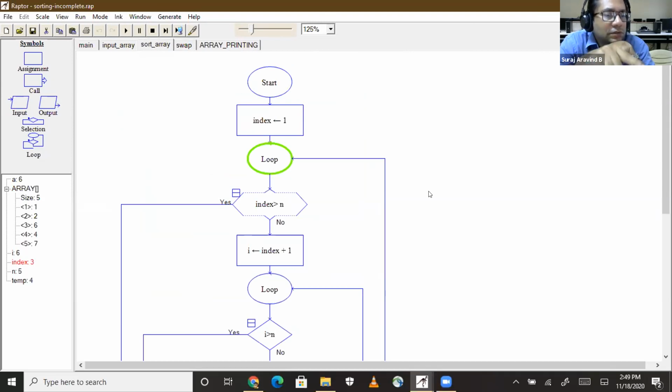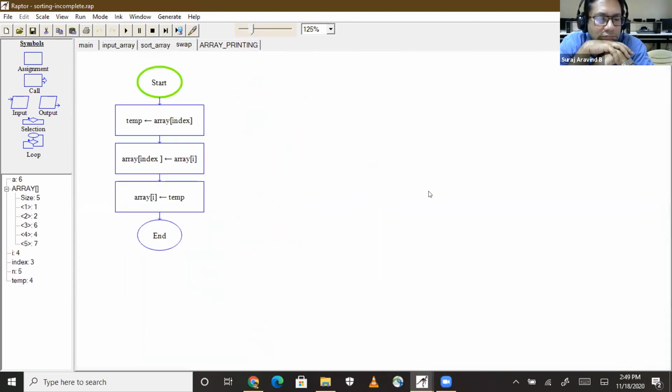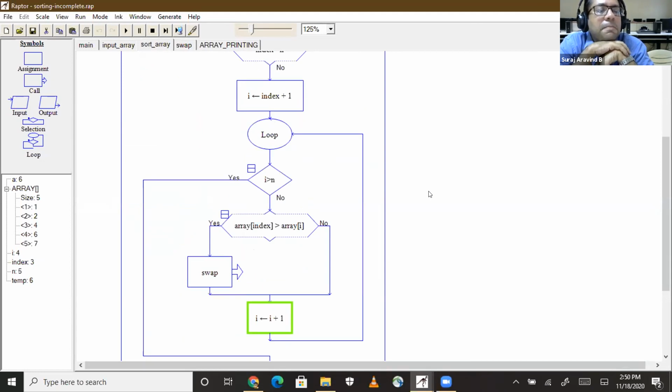Right. So now the third index. 6 will be compared with 4. Okay. 4 and 6 were swapped. Now 4 will be compared with 7. Okay.